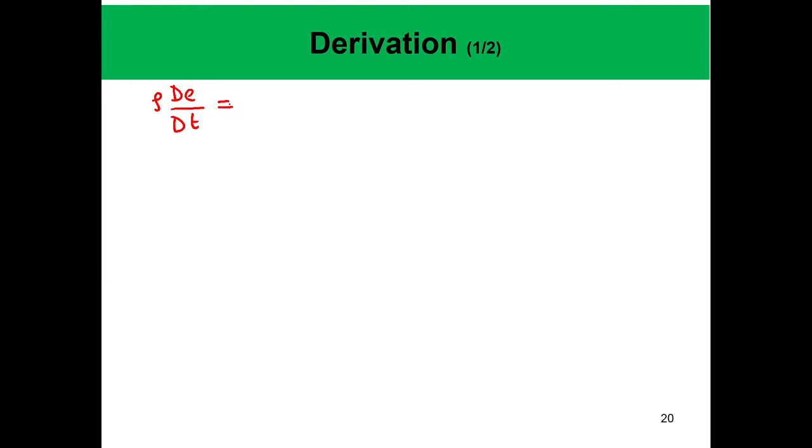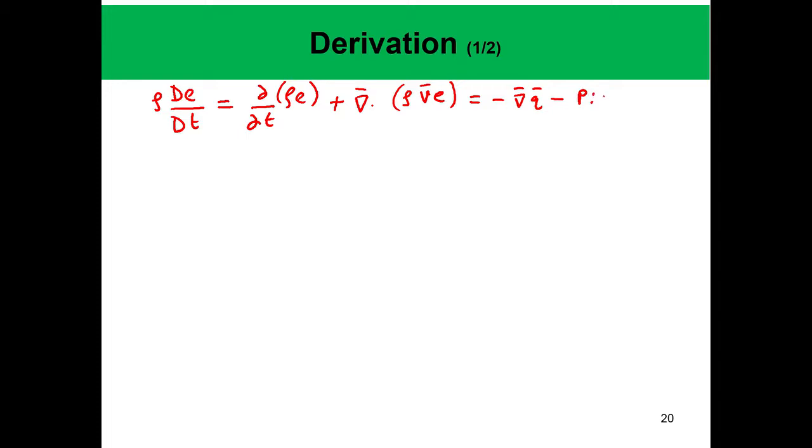This is the rho times D, the material derivative DE/Dt, which is equal to the partial derivative with respect to time of rho e, plus the divergence of rho v vector, where this small v vector is the bulk fluid velocity, times the internal energy, is equal to minus grad q